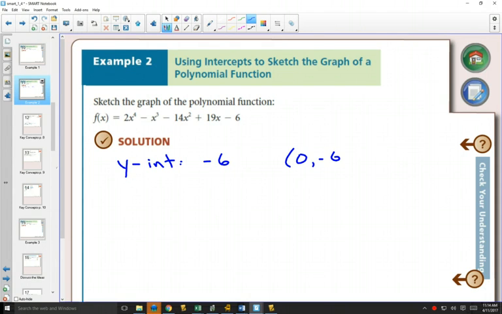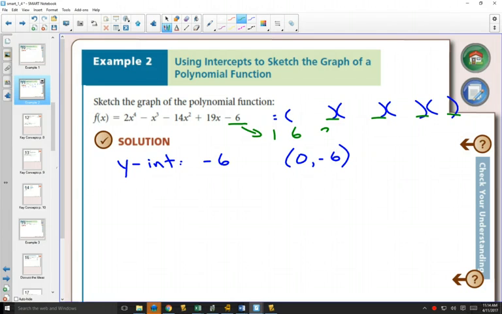So as a point, you know that this graph is going to go through (0, -6). Now, as far as factoring this, if you can factor this into four factors, whatever your last terms are in here, they have to multiply to get you -6. So your possibilities aren't that many numbers, because if you think about your factors of -6, well, that could be